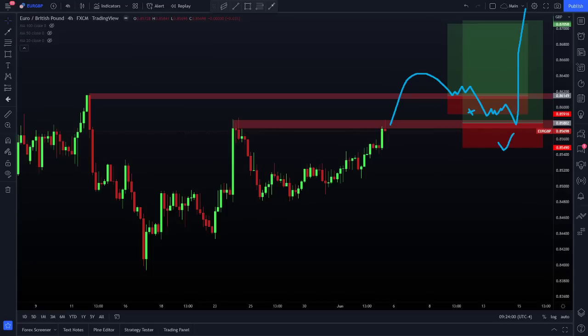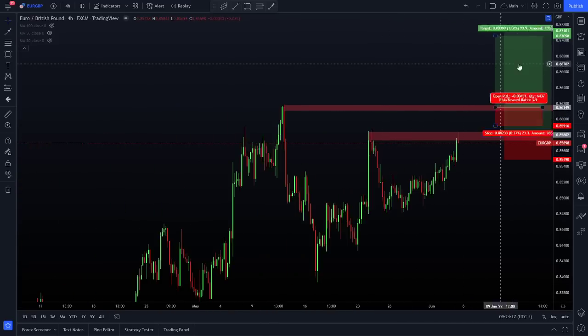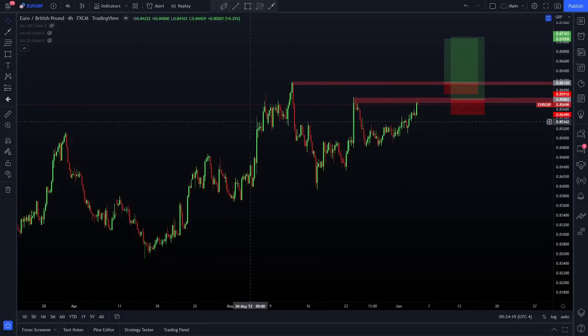But sometimes I take this first trade and it just shoots up in my direction. The idea was right. It's just sometimes timing is very, very difficult in trading. So for me, I focus less on trying to be perfect all the time with my timing, and I'll be fairly open to the idea of re-entering. So 2 ideas here for you on Euro Pound. I like this thing bullish.